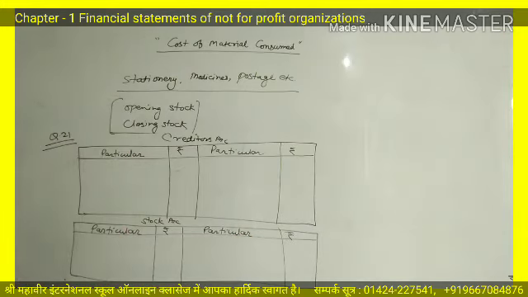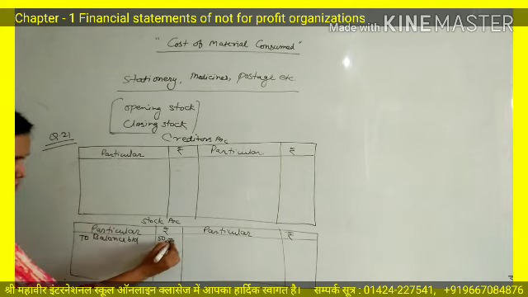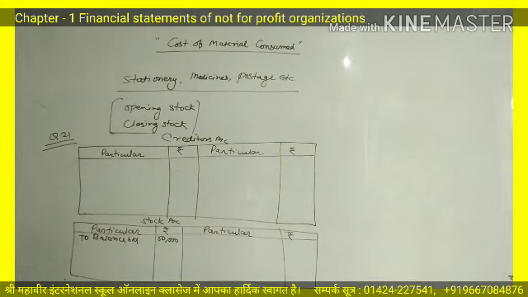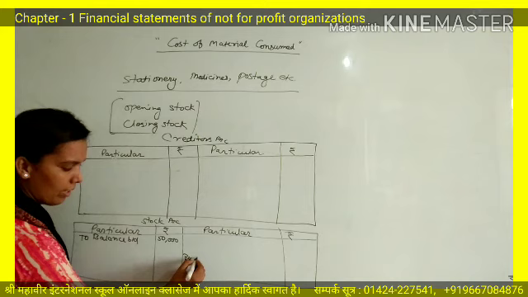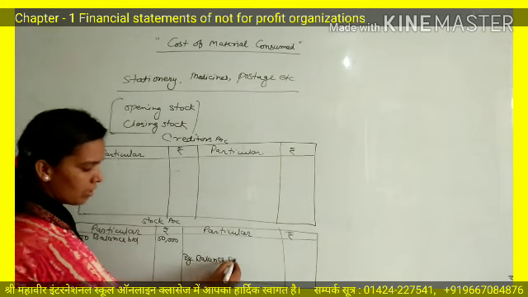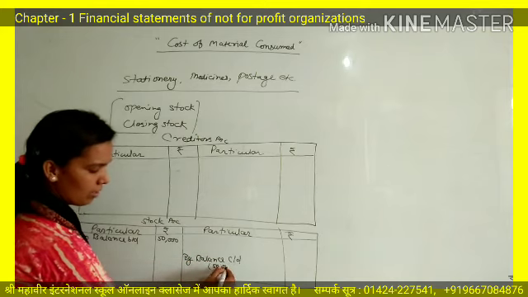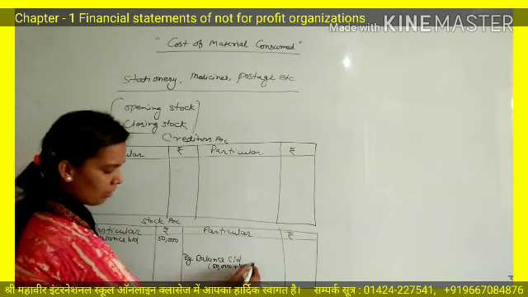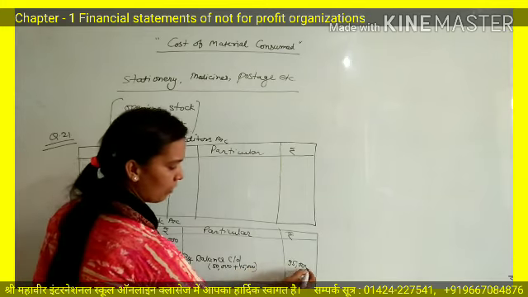Okay, let's start with the first information. Opening stock of medicines 50,000. So this is the opening balance, to balance BD 50,000. Second point, closing stock of medicines 45,000 more than opening stock. You have opening stock, that is 50,000, and now your closing stock is 45,000 more than this balance, means 95,000. So you will write here by balance CD. In bracket you can show this 50,000 plus 45,000, means the balance is 95,000.